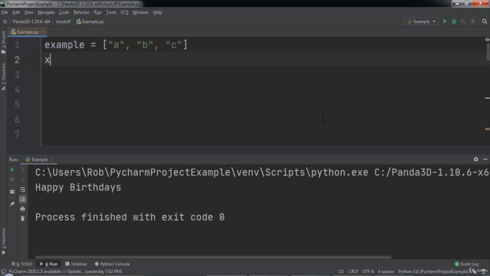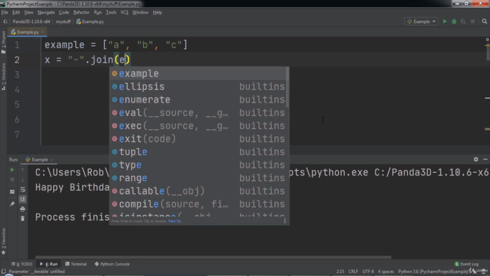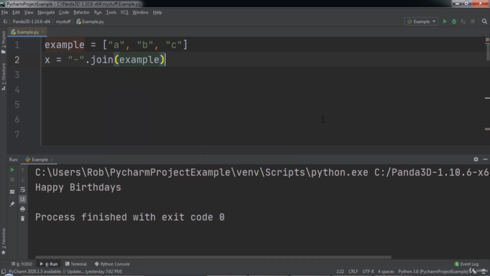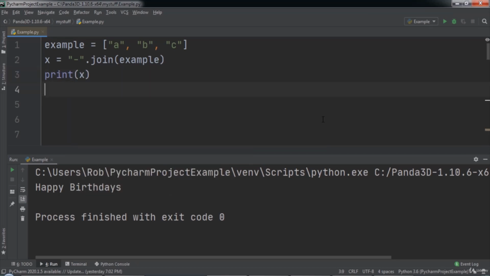Next, we will have a variable named x and set it equal to the string dash and then call the join function on it. Into the function, we will pass an example as the argument to the join function. Join will take each element in the list and join them into one string, separated by the string we specify, which in this case is the dash or hyphen symbol. Finally, we will use Python's print function to output the value of x to the console. When we run the code, you will notice that one string was printed,